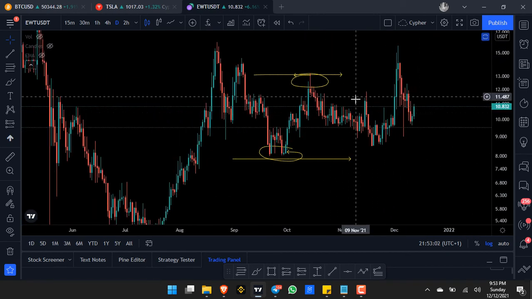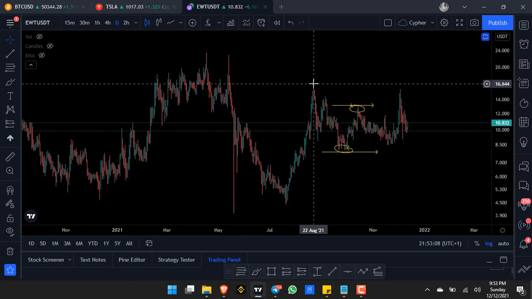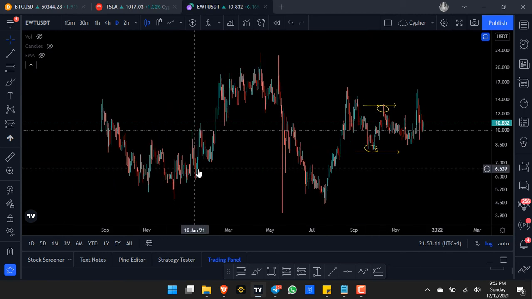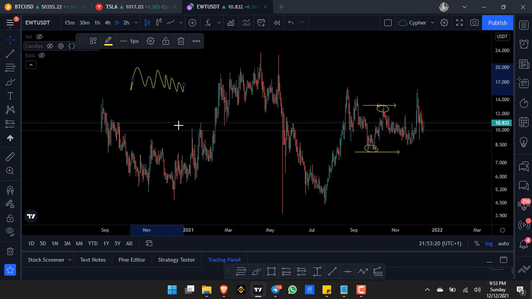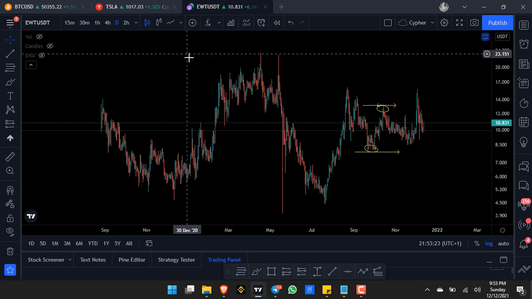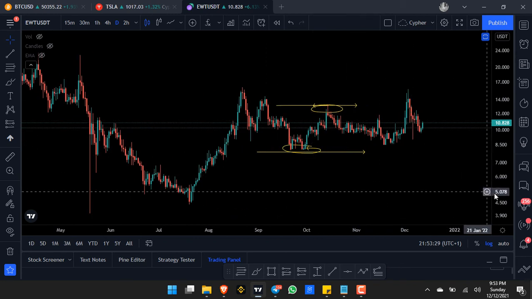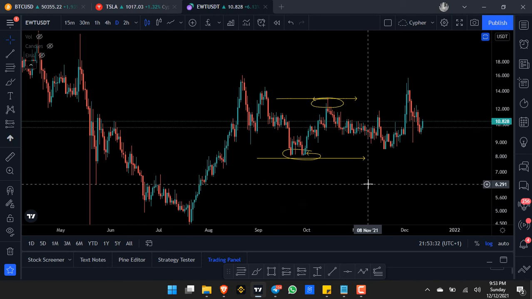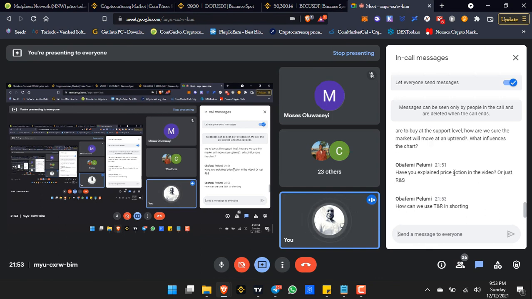So first thing you need to do is zoom out, determine what market you're in. Is the market making an uptrend? Is it trading at a downtrend? Is it trading in consolidation? By consolidation we mean, is it trading sideways like this? Even if it's trading sideways, it's still pointing out to support and resistance levels. So everything you learn when it comes to trading relies on support and resistance. So if you learn support and resistance from the basic, take it to the advanced level, you will do well. You don't need indicators, right? Every indicator rely on